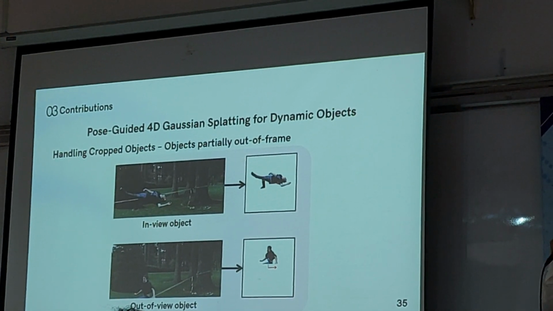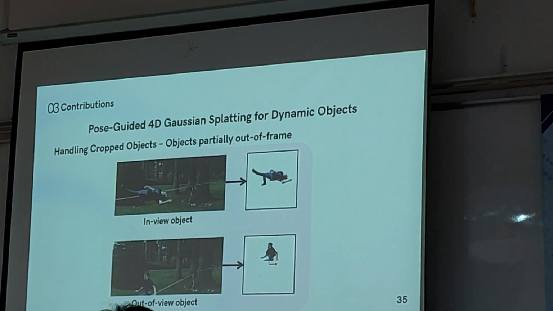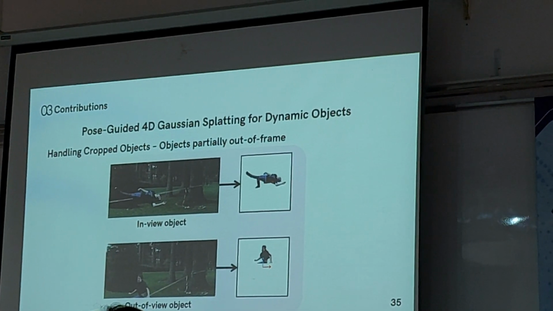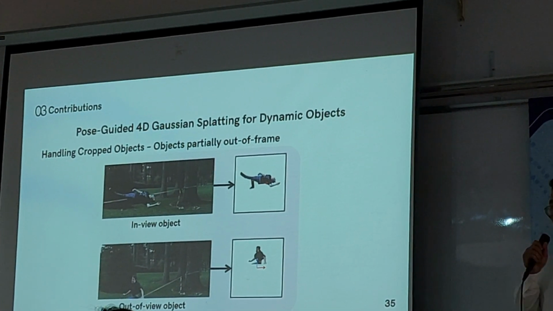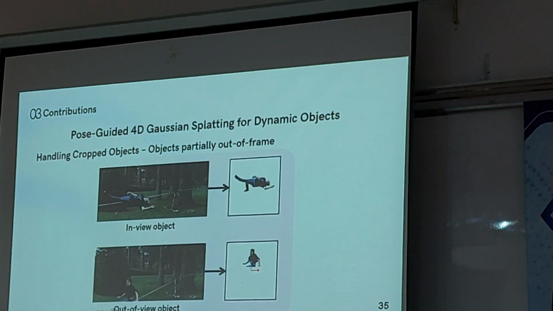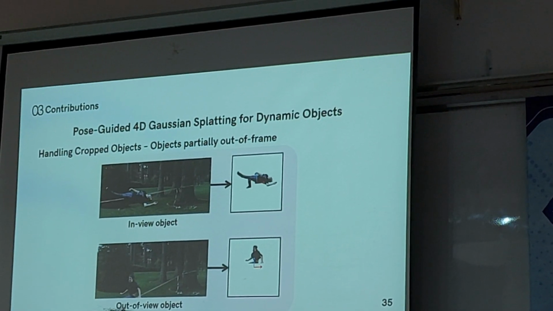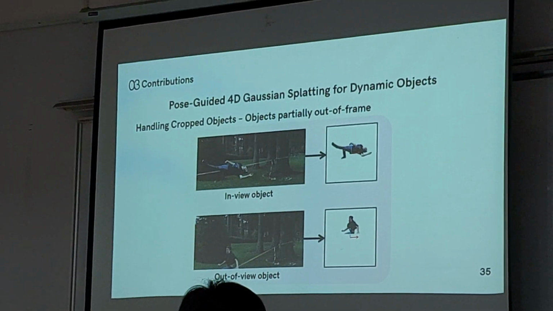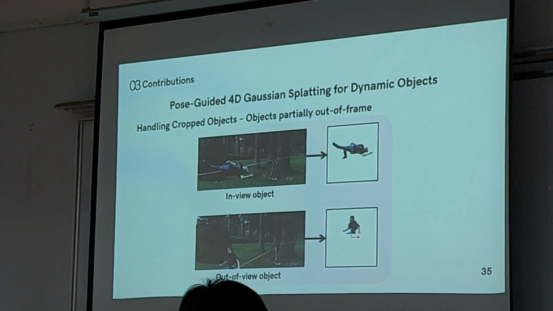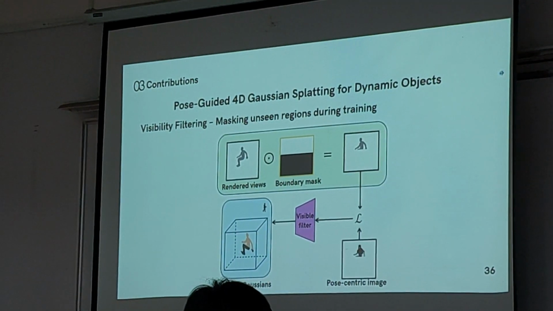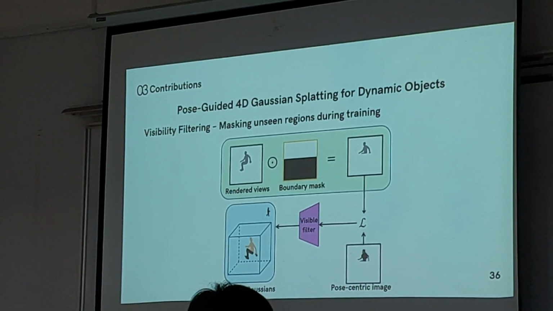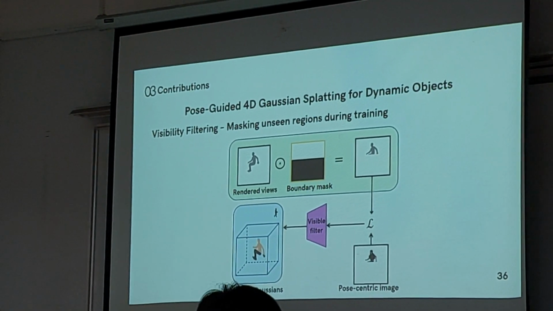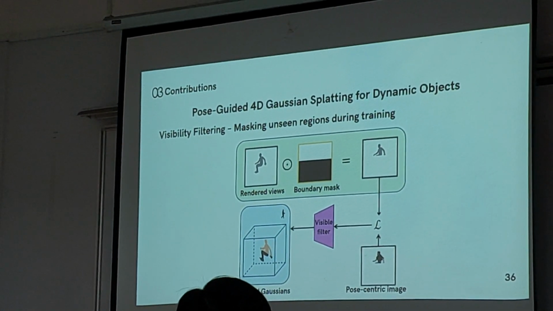Everything works fine, but what about when the object is out of frame? We still want the scale and the position of the object to be consistent when we crop. Thanks to the pose information again, we can estimate the general appearance of the object, although some of the parts may be missing. To further improve, we add a boundary mask and a visibility filter to only allow gradient signal of the in-frame parts